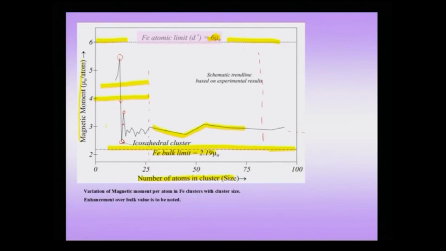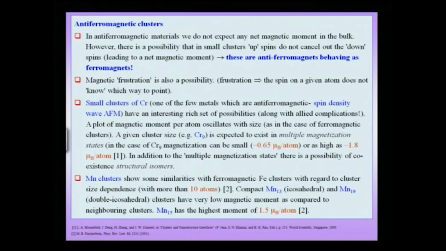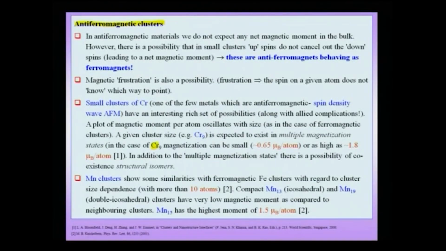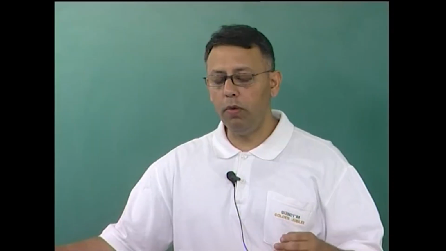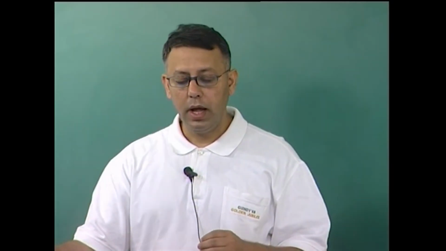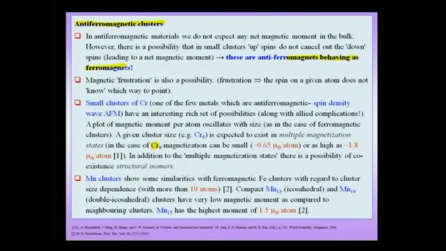After talking about the ferromagnetic material like iron, let us talk about what you might call the anti-ferromagnetic clusters. Now, when you are talking about anti-ferromagnetic clusters, these are actually not anti-ferromagnetic in the cluster zone, they are anti-ferromagnetic in the bulk. So, for instance, we know that chromium is one of the few elements which are antiferromagnetic, like manganese, and therefore, in the bulk form, chromium or manganese is expected to be antiferromagnetic. But here we are talking about antiferromagnetic materials in the bulk, which behave like ferromagnets in the cluster zone.